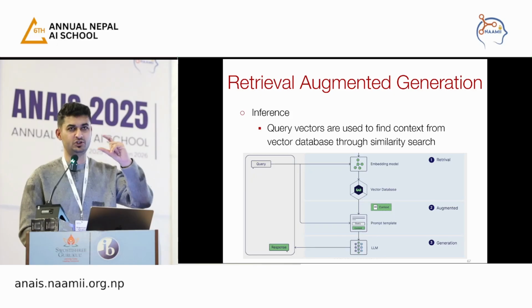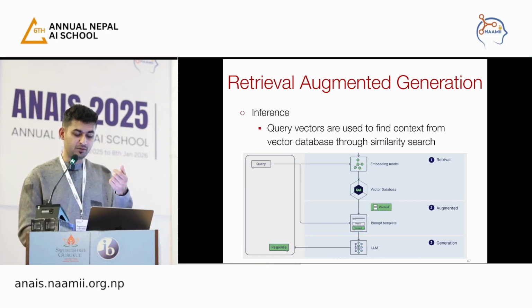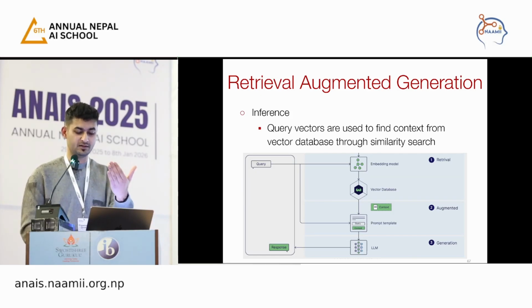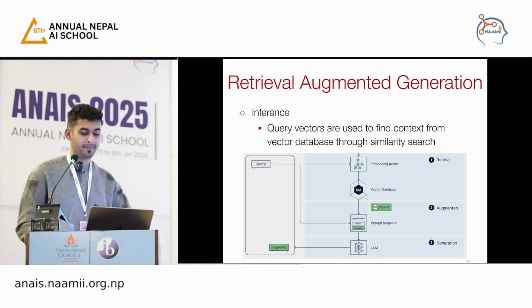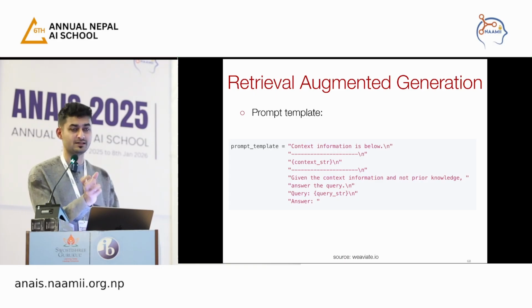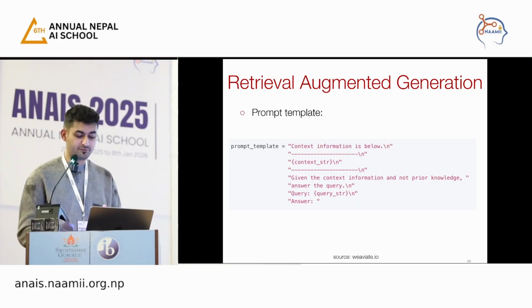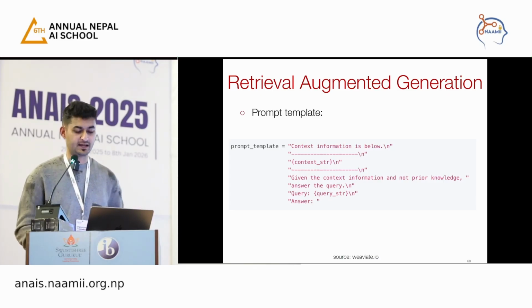It gives me the top 50 chunks whose embedding is close to my query embedding, and I will decode the text of those chunks and put it as context. I will put the context together with the query in the prompt, and then my LLM will generate an answer. So we have retrieval, we have the augmentation, and the LLM that finally does the generation. The prompt template has a context keyword and a query keyword, and it encodes the query and the context, everything in text, and then I'll get the correct answer.